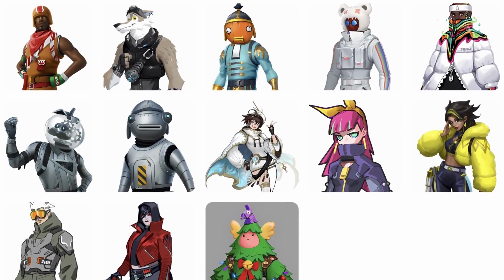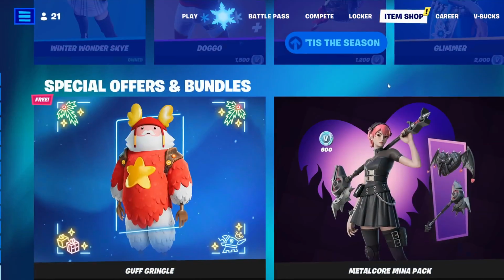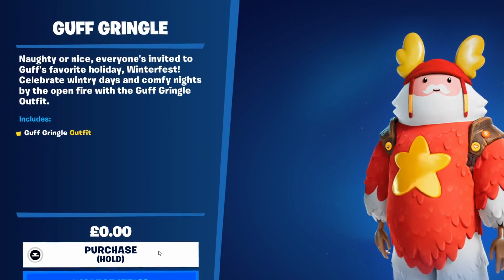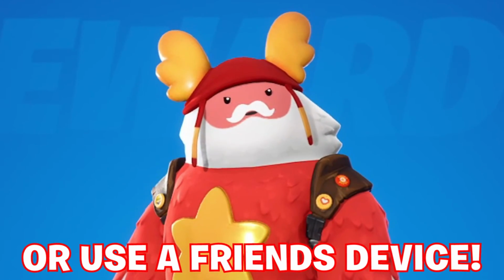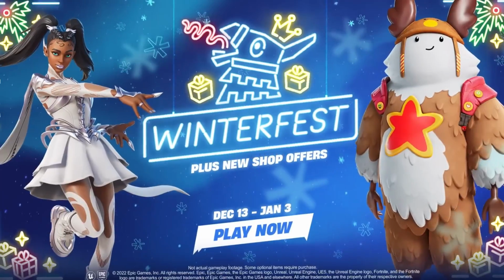Another version of Guff that we initially speculated from the Fortnite surveys would be this Christmas tree one. Instead, Guff Gringle, this Santa looking one, is in the Fortnite item shop on PC or through the Epic Games store, which of course, if we access Fortnite through Nvidia's GeForce Now, we can obtain on tablets or mobile devices, which I'm guessing a lot of you, if not all of you, will have access to. I wouldn't sleep on this, as on January 3rd, 2023, it will be going alongside the Winterfest event and all